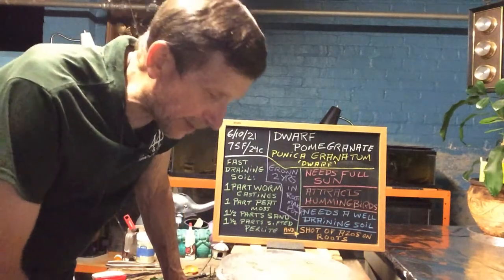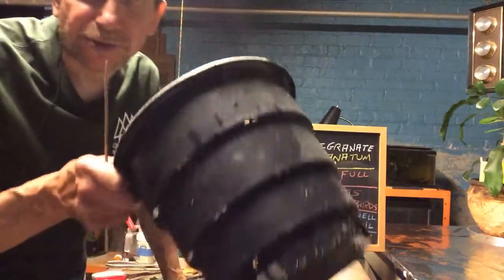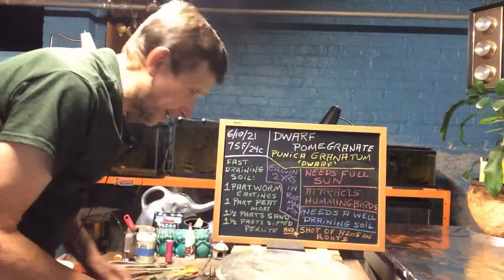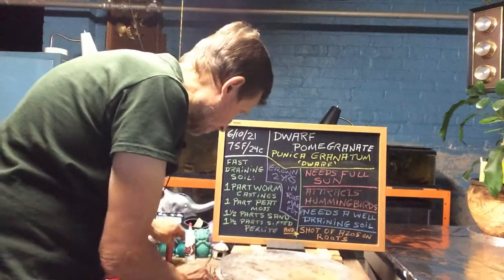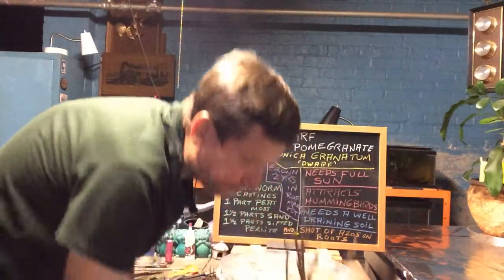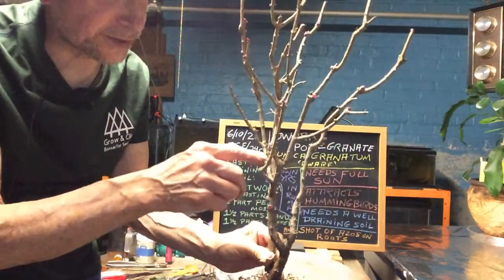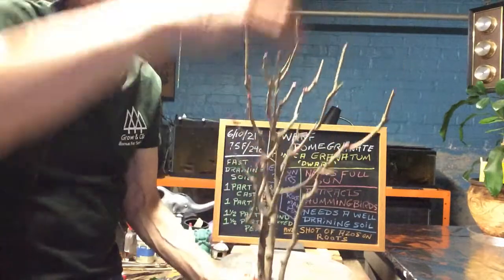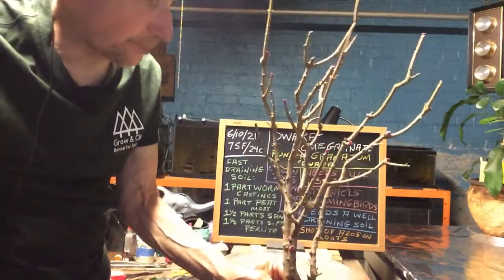Today we're going to do my pomegranate tree. I had it growing in a root maker's pot for about 2 years. For some reason it didn't come up too good this year. As you can see, nothing's growing. It's just starting to get a couple of little buds on it. It was twice this tall. I just clipped it,